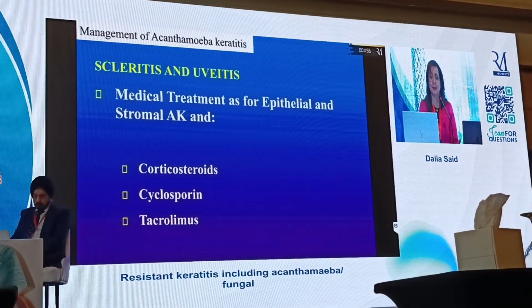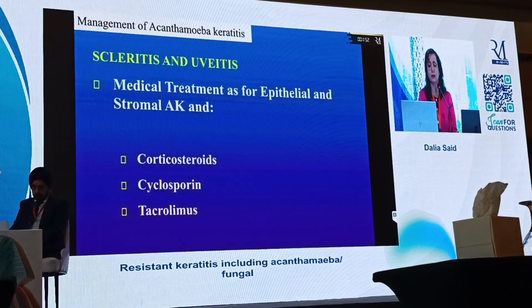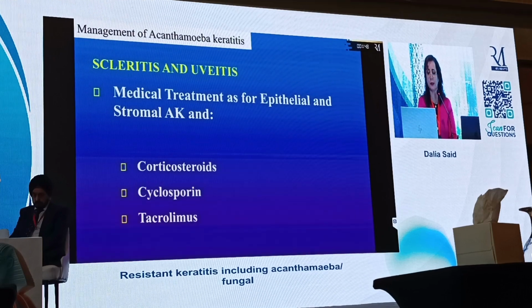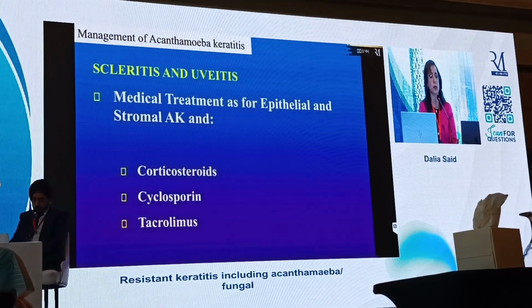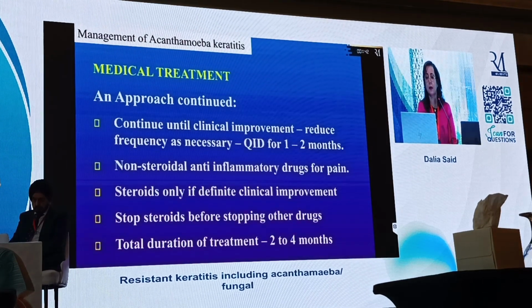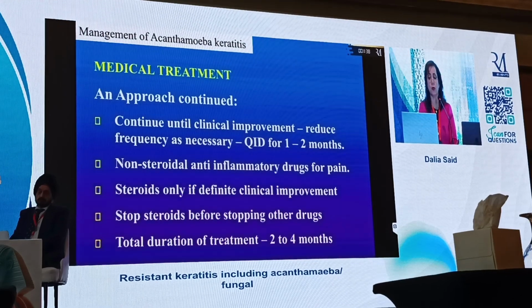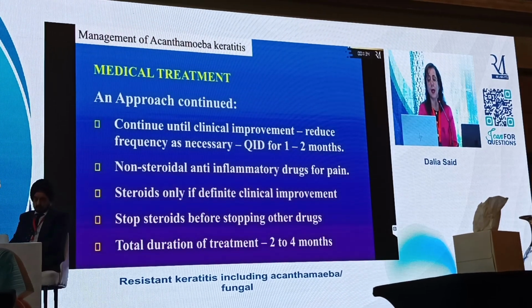Now, if it extends to the sclera or you get uveitis, then only then you can use steroids. But remember, you have to always stop the steroids before you stop your anti-acanthamoeba treatment. You can also use immune suppression such as cyclosporin or tacrolimus. You have to continue your treatment with a very, very slow reduction in the number of treatments, and you can use